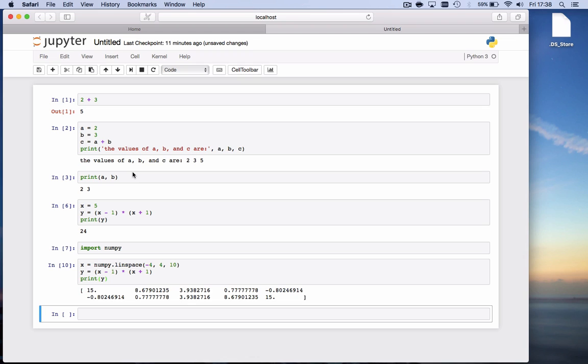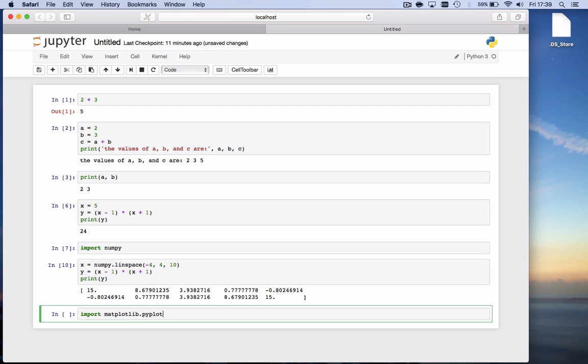Next, I want to plot the parabola. Make a graph of x versus y. To do that, we have to again use a package, and the package is called matplotlib. It's the main plotting package used in Python. So we import that, and matplotlib has a lot of functionality. We only want the plotting part, and the statement for that is import matplotlib